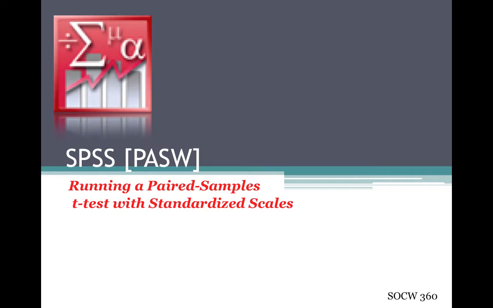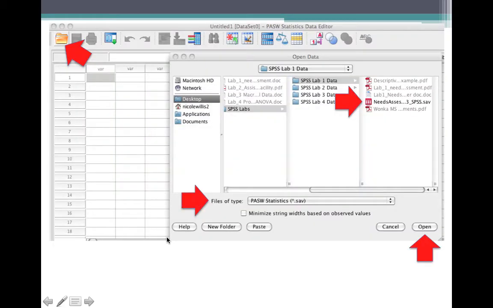In this instructional video, we will cover the steps you take to run the statistical analyses for Lab 2 to evaluate the impact of your intervention on the self-esteem of older adults in the assisted living facility. Before you view this video, you should have already finished defining your variables and entering all the participant data into your SPSS file. If you saved your data file and try to reopen it, but you don't see any of